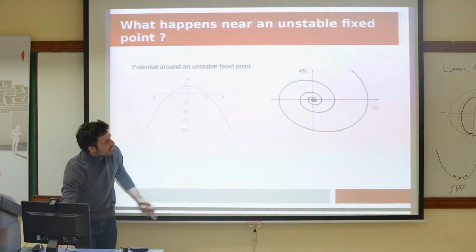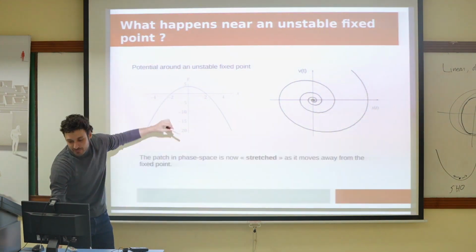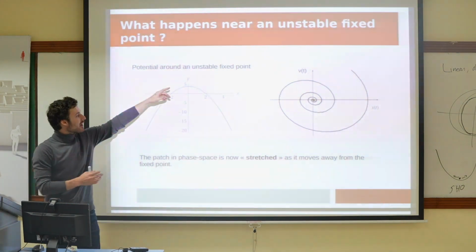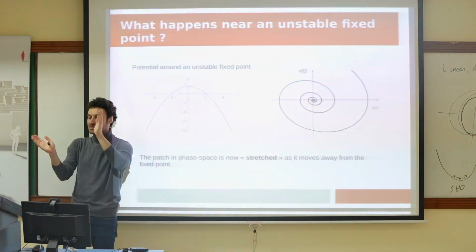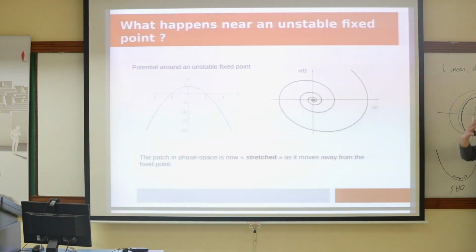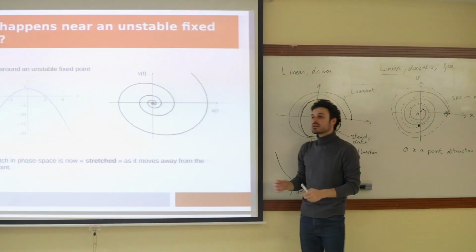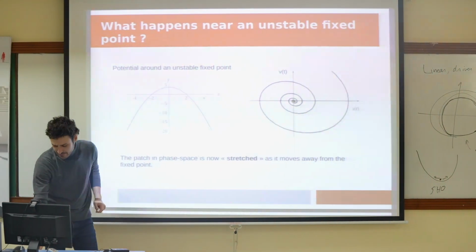The idea is that the unstable fixed point represents a kind of positive feedback, which will drive the system away from it. So it stretches the phase space around it. On the other hand, a stable fixed point was squeezing the phase space around it. Trajectories tended to become nearer and nearer as they orbited towards it. Okay,